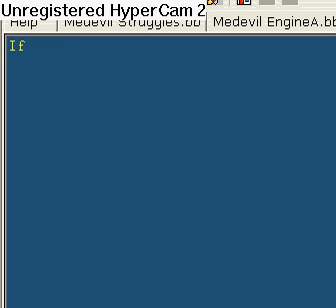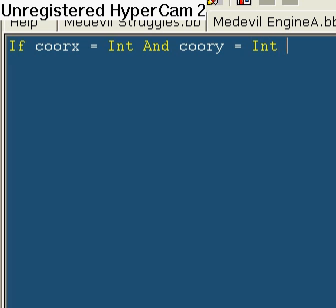If the player tile coordinate x equals something, which is int, whatever you want to call it, I'm just going to use int for any number, and player tile coordinate y equals whatever the y coordinate is, which is int, we'll just use int for it, then